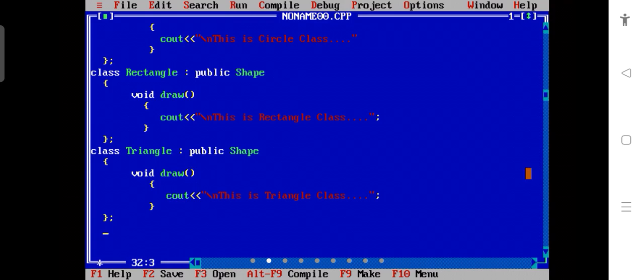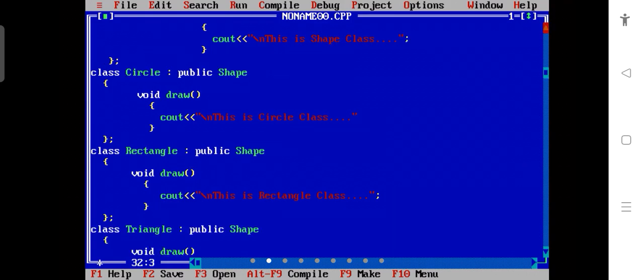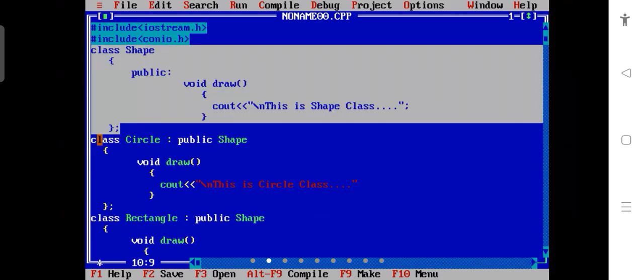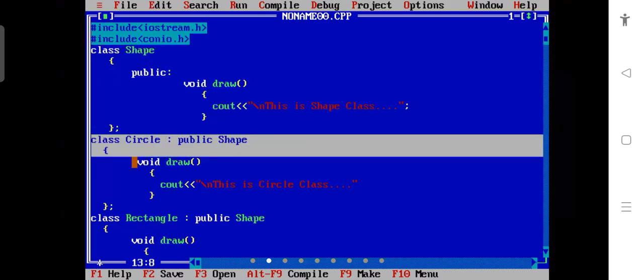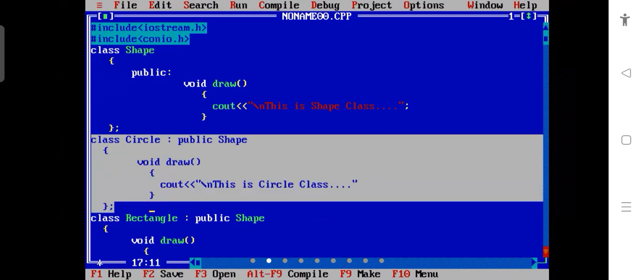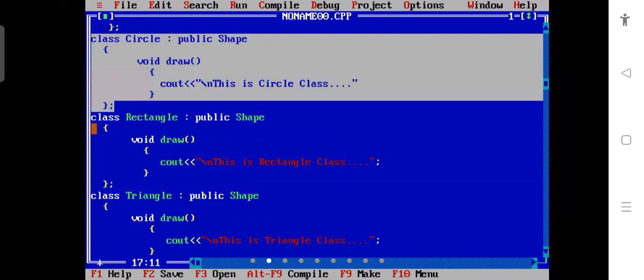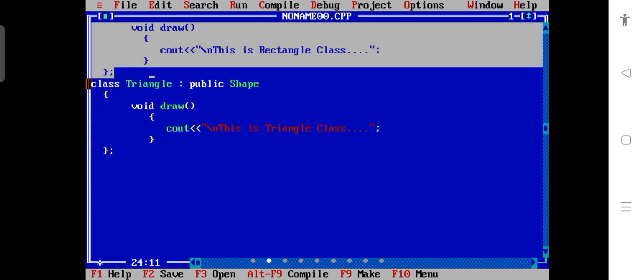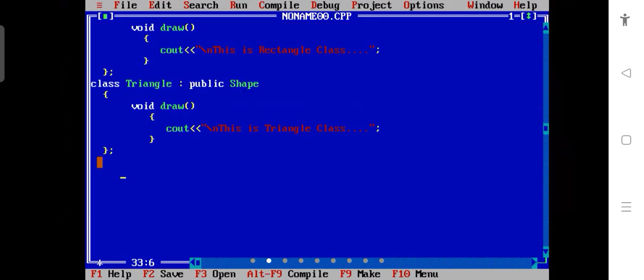तर बघा आपण काय केलंय, एकच बेस क्लास घेतलेला आहे शेप, याला इनहेरिट करत आहे क्लास सर्कल. ओके, इन सिमिलर वे रेक्टेंगल क्लास सुद्धा इनहेरिट करत आहे शेप क्लासला. इन सिमिलर वे ट्रायंगल क्लास ऑल्सो इनहेरिट द शेप क्लास. ओके, so right, main